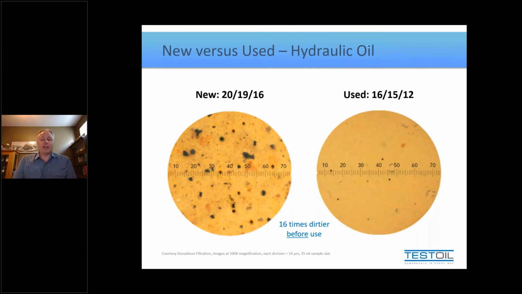And if you look at the ISO codes here, we're now talking about 4 ISO codes higher. So that means there's about 16 times as much particulate before it's been used than is recommended or asked for by the OEM for the hydraulic system. So if you can appreciate whatever difference there is between new oil and used engine oil, imagine twice the difference is what it looks like, relatively speaking, of your running hydraulic fluid and you dumping in new oil that has not been pre-filtered in some way, shape, or form.